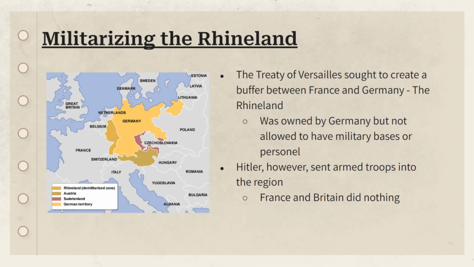And Hitler's going to start testing out the waters to see what he can get away with. So he starts by marching German troops into the Rhineland, which is a demilitarized zone meant to act as a buffer between Germany and France. And it's a clear violation of the Treaty of Versailles. But again, Britain and France, they don't act. They basically say, oh, well, maybe if we don't do anything, he'll just do that and that's it. But this lack of response only encourages more aggression.